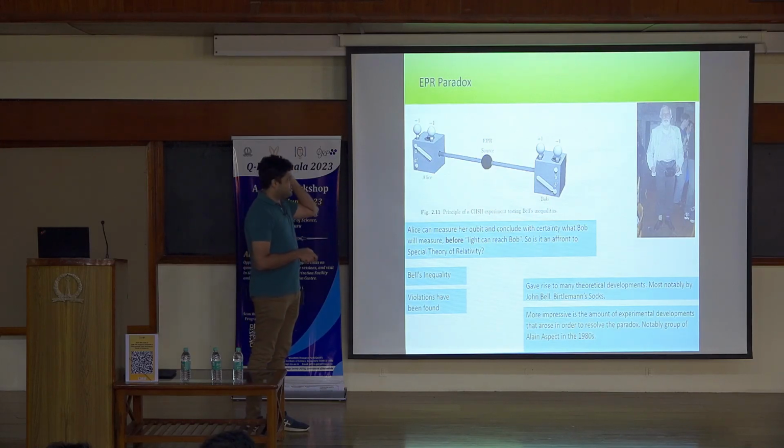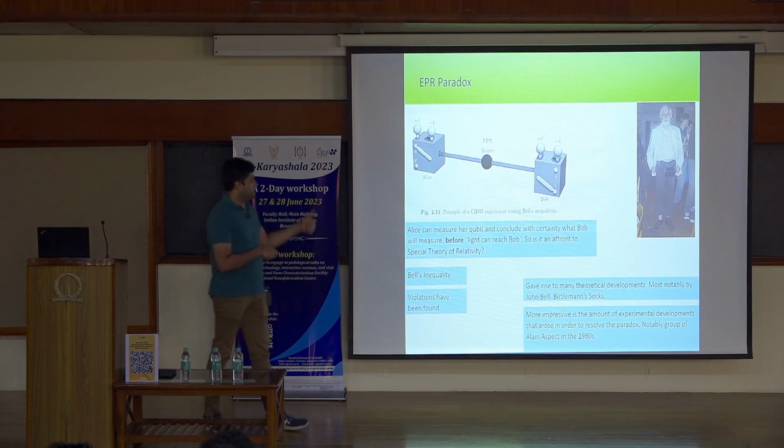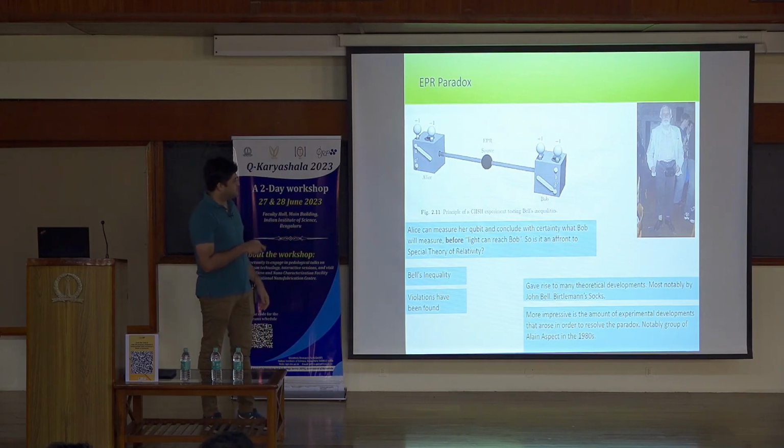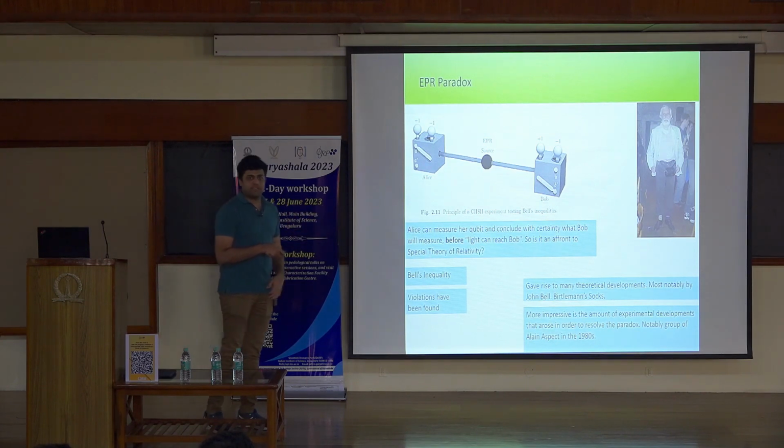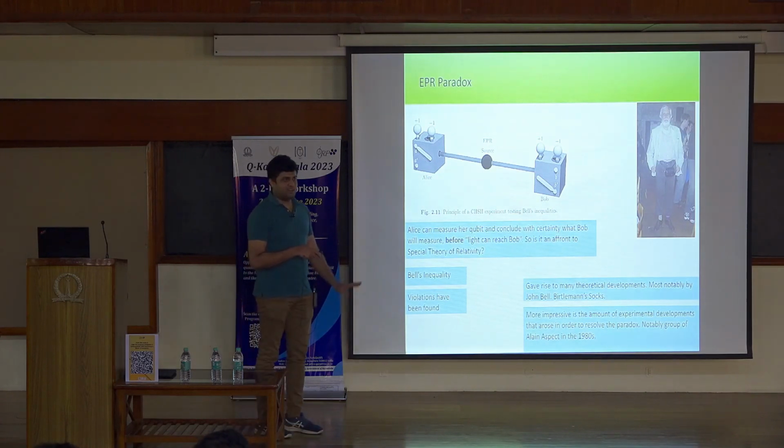But the thing is that correlations in the quantum realm can be something more. That is, you can measure one property of Alice's qubit and get the corresponding property of Bob's. And you can choose which property. You can do measurements along X and Z. So those are the correlations that are purely quantum, that don't exist in the classical world. So I urge you to go read about this CHSH